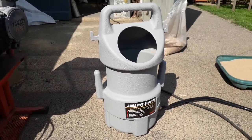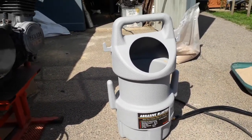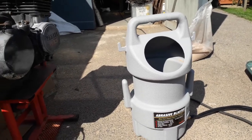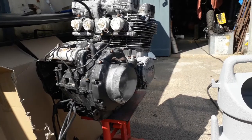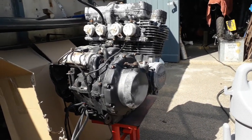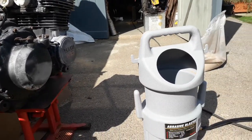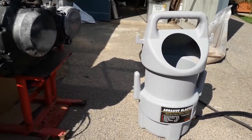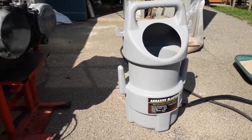Right, abrasive blaster. If you saw my previous video, the XJ engine was absolutely minging. I've degreased it, and half the paint's come off with the jet wash, but I thought I'd have a go. I've had a couple of media blasting guns before, handheld ones, and